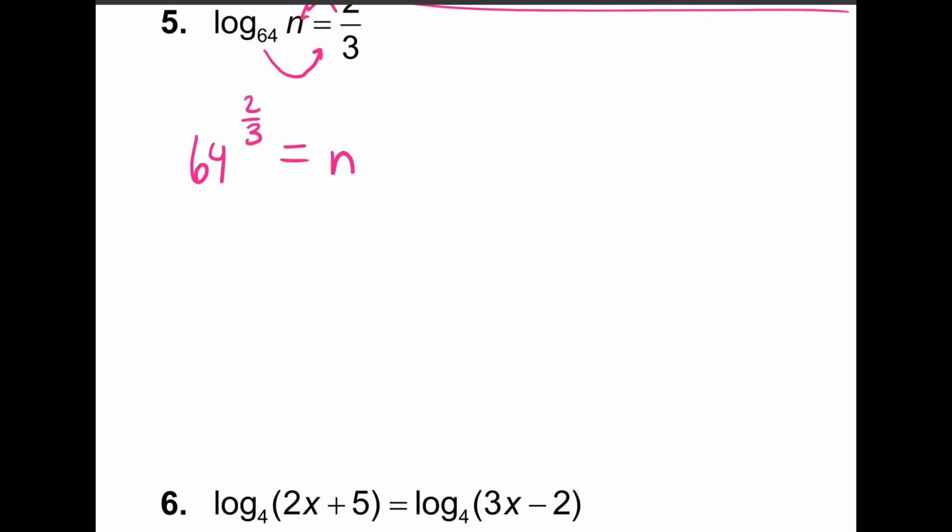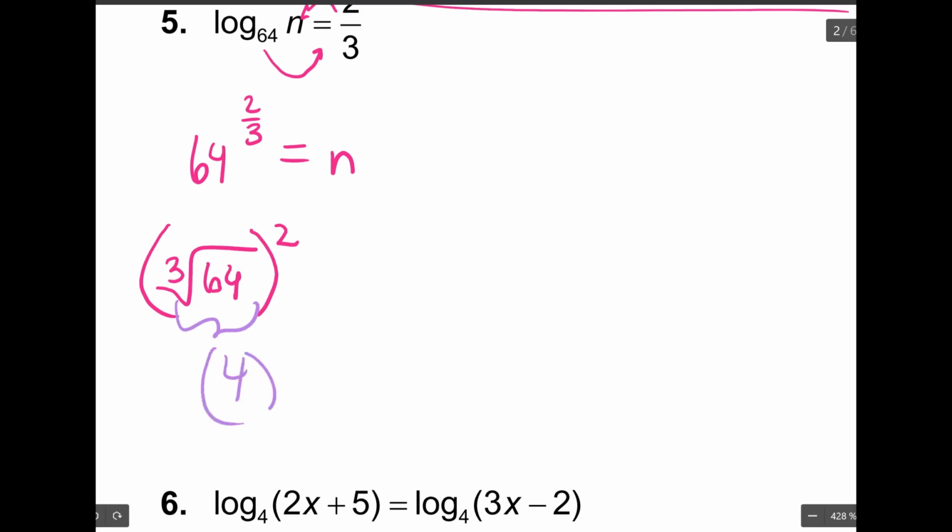You could evaluate it with a calculator and find the answer, or what I would want you to do is rewrite this as the cube root of 64, squared. So what times itself 3 times is 64? 4. 4 times 4 is 16, times 4 is 64. So this middle part evaluates to 4, and then 4 squared,